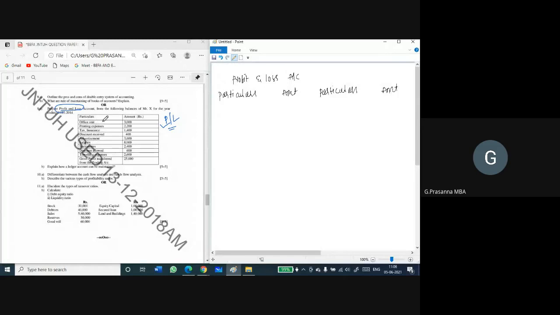First we will identify which entry comes on the debit side of the P&L account and which on the credit side. Office rent is an expenditure, so profit and loss account debit side. Printing expenses, expenditure, P&L debit. Tax and insurance means you are paying tax and insurance, an expenditure, so debit side. Discount received means you are receiving the discount, so it is an income, showing the credit side of the P&L account.